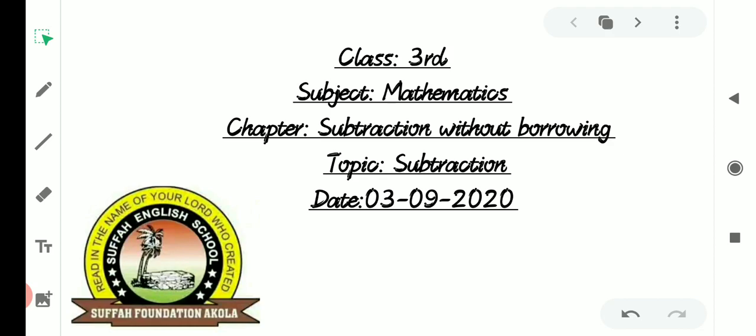So as you all know, we have completed our third chapter, that is addition without carrying over. Today we are going to start a new chapter. The name of the new chapter is chapter number 4, subtraction without borrowing. So let's start with